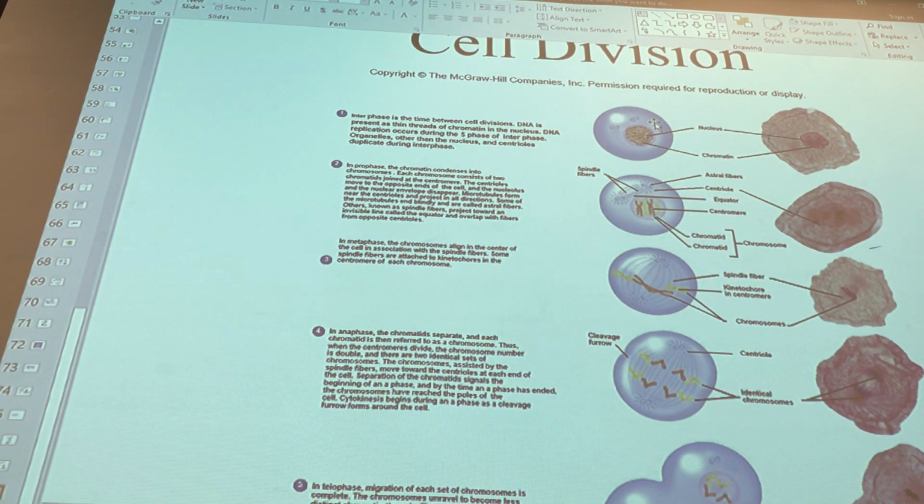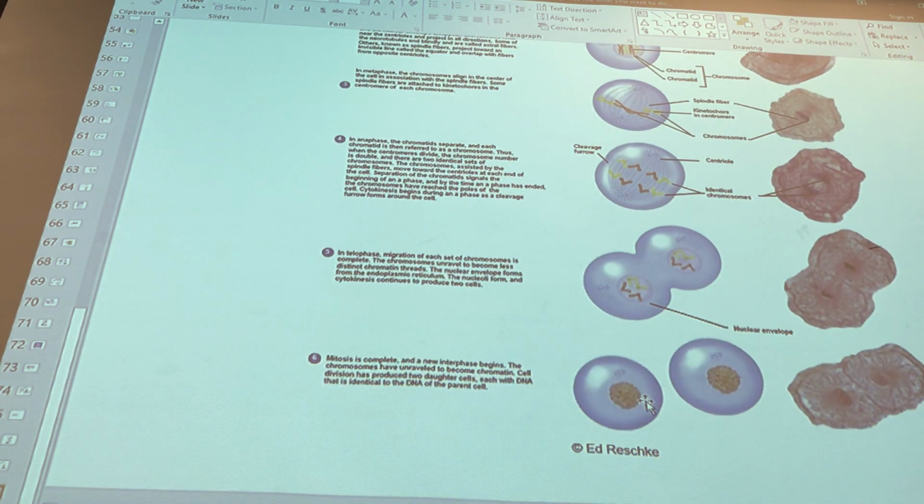That would mean there's no mutations, the telomeres aren't shortened, and now this original parent cell will be identical to the 2 daughter cells that are produced at the end. That would be if everything works out perfectly, and we hope it does. Usually it does. I'm going to show you an animation, and as I show you the animation, keep in mind that it is online